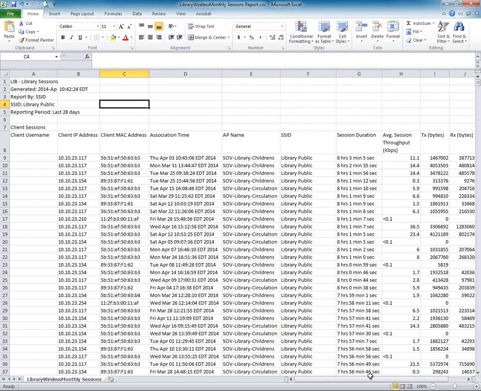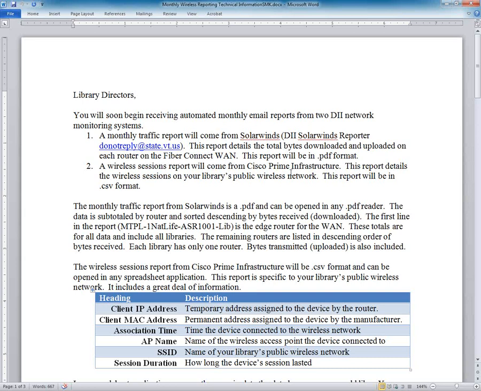But what I'd like to do, though, is to go to the Microsoft Word document that I sent you and talk about it a little bit. I know that there are a lot of numbers in the CSV, the Excel file that you received, but Kevin has given us, I hope, a pretty clear explanation of what these things are. But again, we can talk about them, or you can ask questions about them in a little bit.